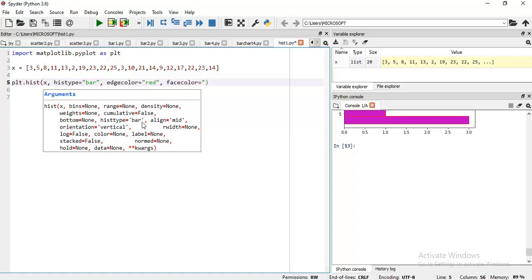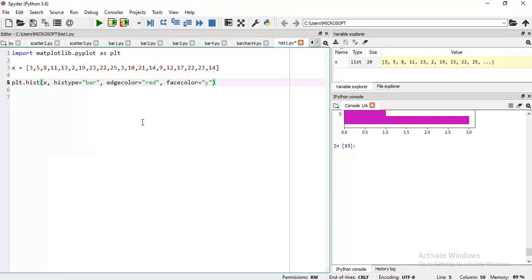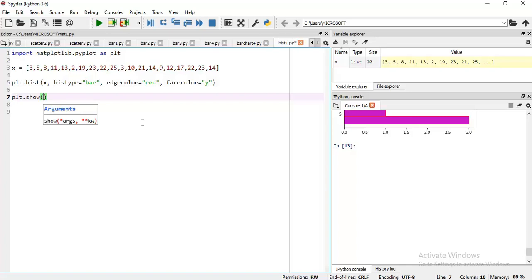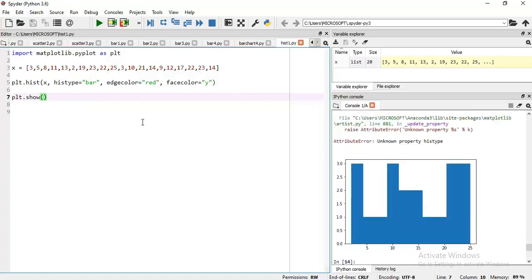What is the color of the bar? I will use M. No, I want to use yellow, Y. Okay. Then plt.show. Let us execute our code.